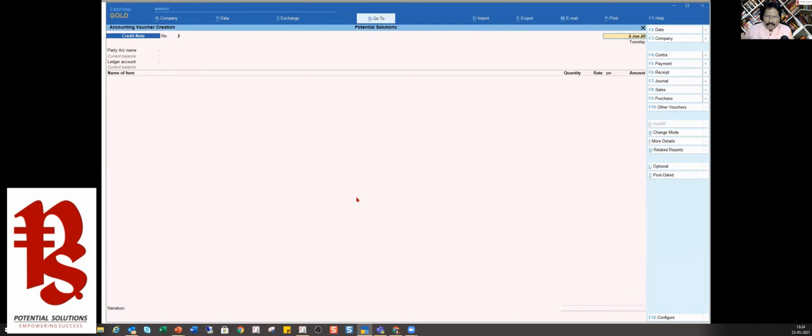Similarly, we can do the debit note entry also. That I will show you